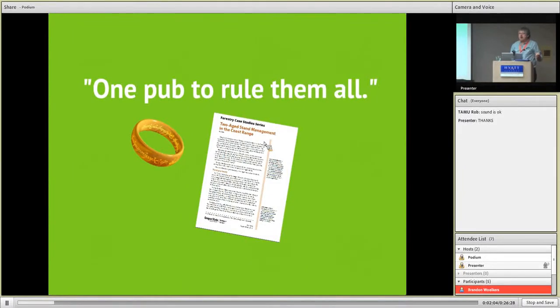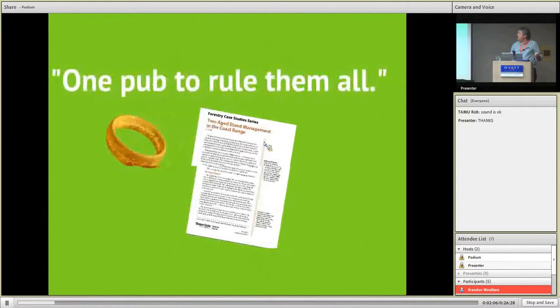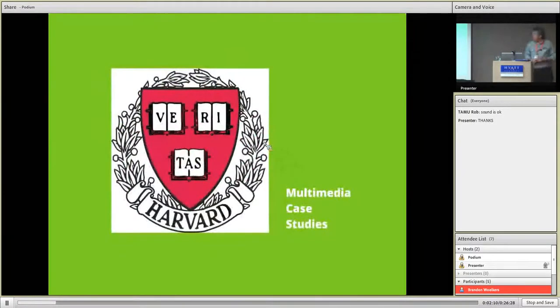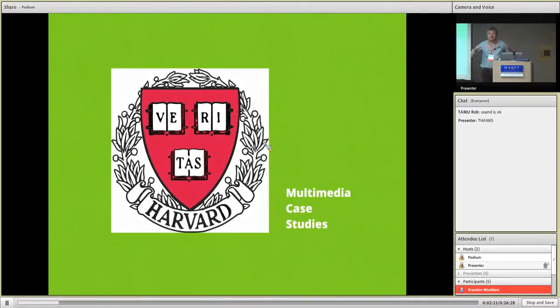But at that time, I had had a conversation with a person who actually works at the Harvard School of Business. And they were doing case studies. That's how Harvard teaches. And she showed me something called a multimedia case study. And I said, this is the coolest thing. We should do that. And maybe this forestry document would be a good place to experiment. So there began the story.